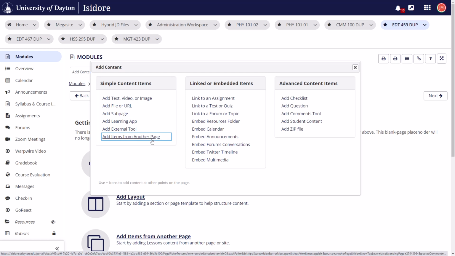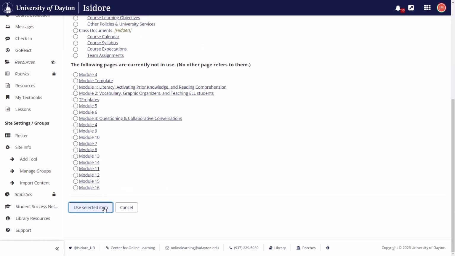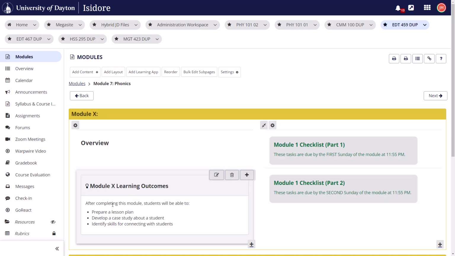So typically I don't actually make a template, I just copy from one module to another. So I copied module 1 to module 2, module 2 to module 3, and I just change out content. But if this course only had 6 modules, really, this is a fake module that we're working on right now. But if I had a lot of modules, I might make a template and make that copy from module to module. So now I've copied in my template,